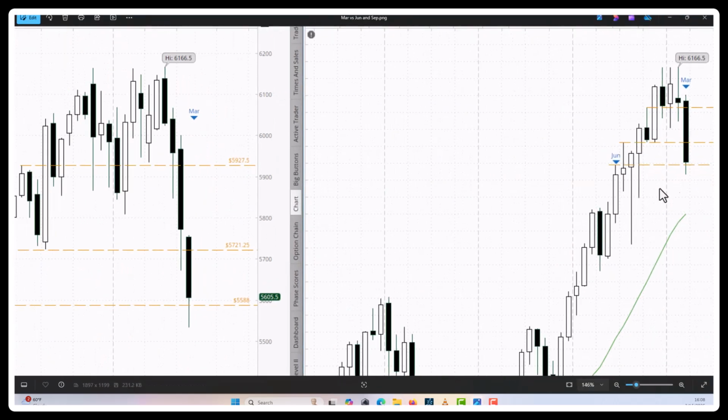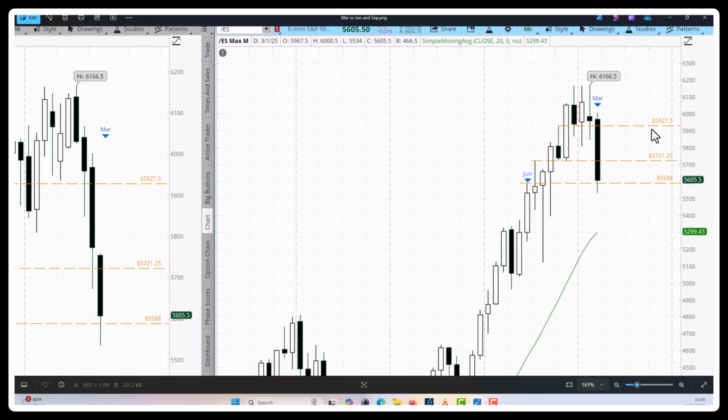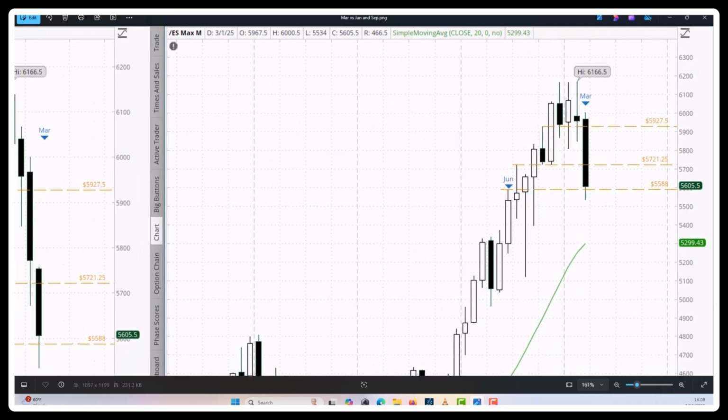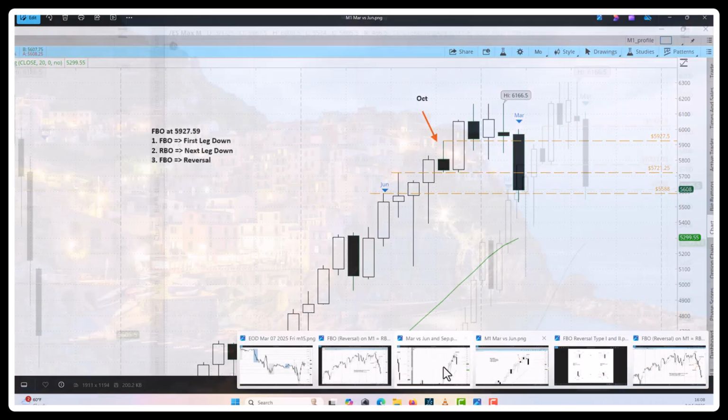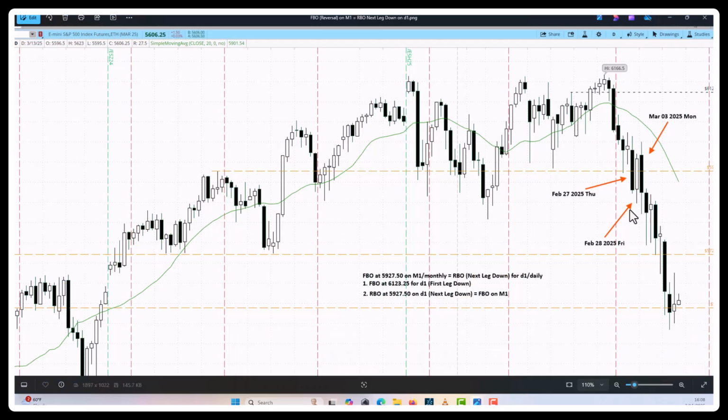Right here is the monthly. See the monthly? That's the level 59.27. It's a fall breakout. But if we look at the daily, at that level, it becomes a real breakout, which is the next leg down right there. So it's very critical to look at the high time frame in order to see where the liquidity is going to draw on. That is the ICT terminology, or it's just what direction the market is likely